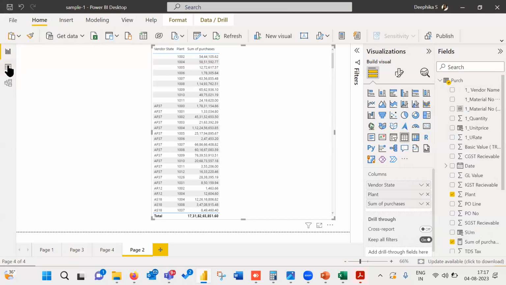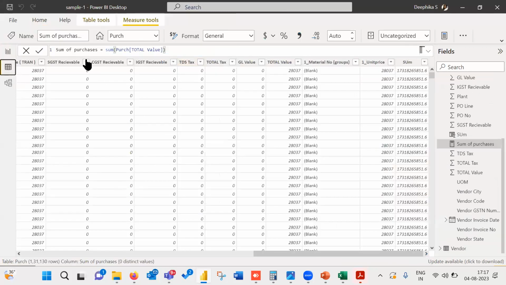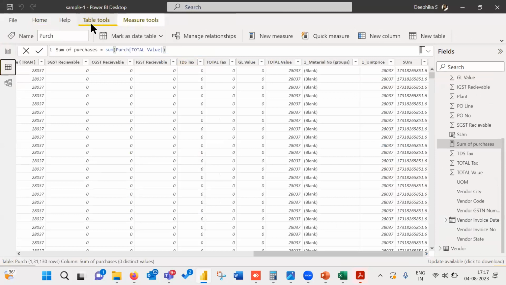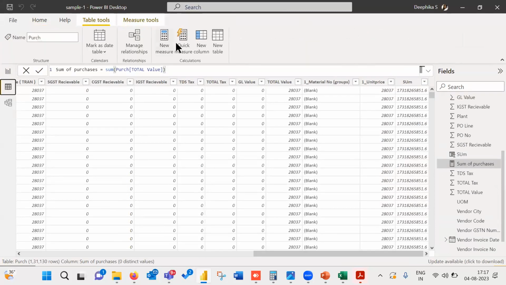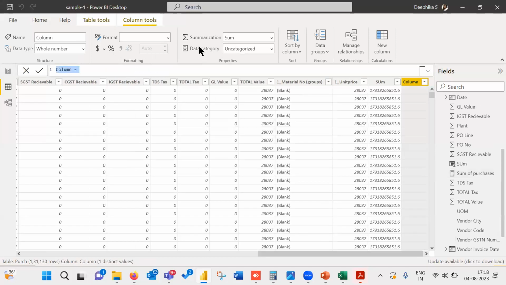Otherwise, actual menu, if you go to this data view, in data view, table tools, you will have new measure, new column, new table, quick measure. From here, you select new column and you can create columns. So calculated column, a new column is for calculated column, and new measure is for measure, isn't it? Yes, correct. Okay.